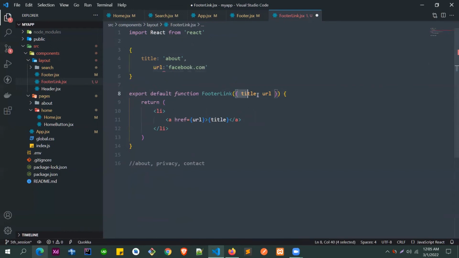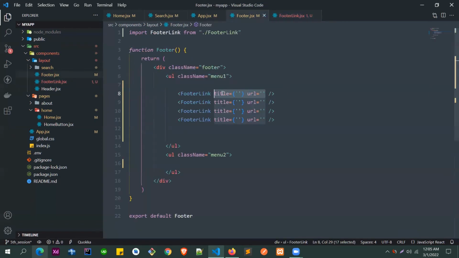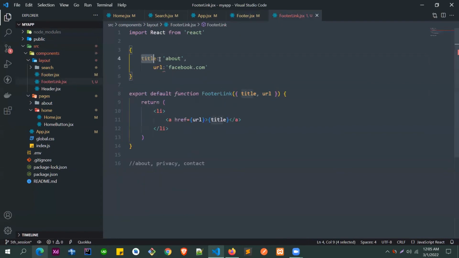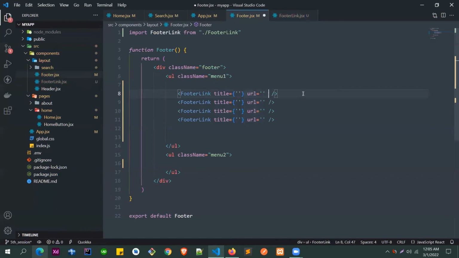Okay, so here we are getting it like this. So this is a full object, right? This is the full object we are getting here, because we are passing two properties here, and that's why it's taking those two properties and building an object. And we are calling this object props, so we can say props equals these two things. Let's say we are passing one more,